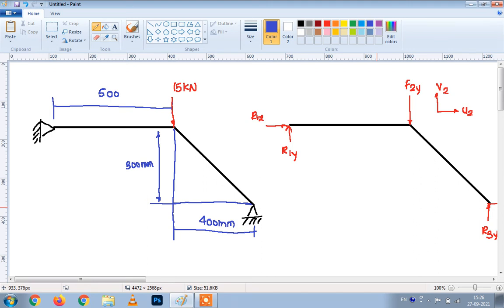Hello dear student, in this numerical a 2 bar truss is given and the modulus of elasticity for the bar material is given as E = 70 × 10^3 Newton per mm square. Apart from this, the cross sectional area of each element is given, and the value of A for each element is 200 mm square.